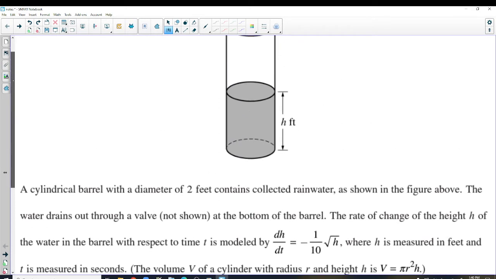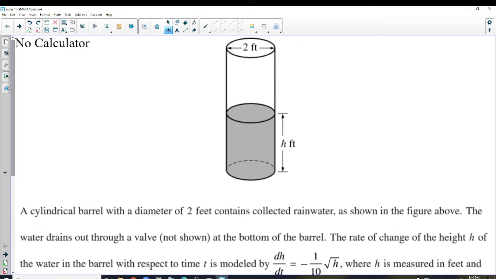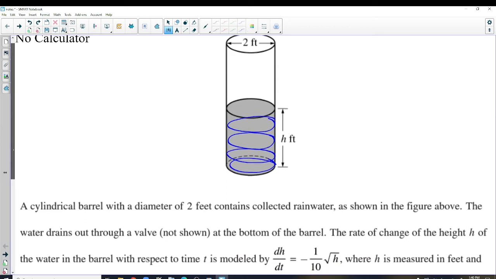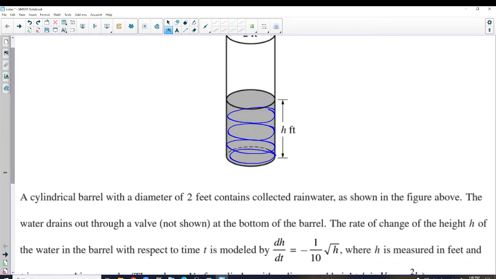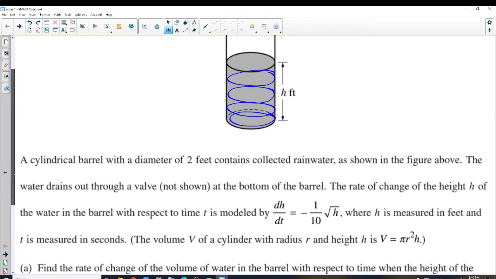On a cylinder, as the water level decreases, the radius does not change. You can see the radius would stay exactly the same all the way to the time that it empties. Because the radius never changes, we can plug the value of the radius into the equation. So we can write V is equal to pi times 1 squared h, because the radius is 1, the diameter is 2. So be careful with that, don't plug in 2. So the volume can be written as pi h